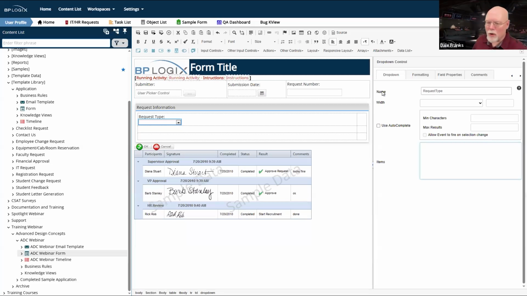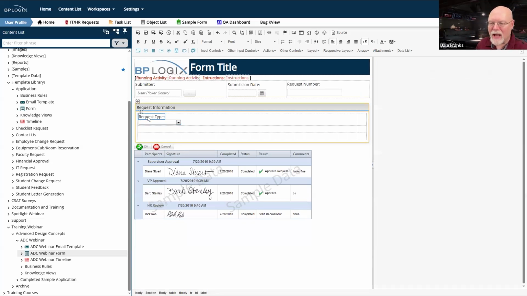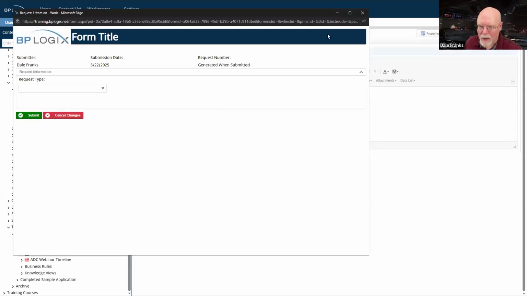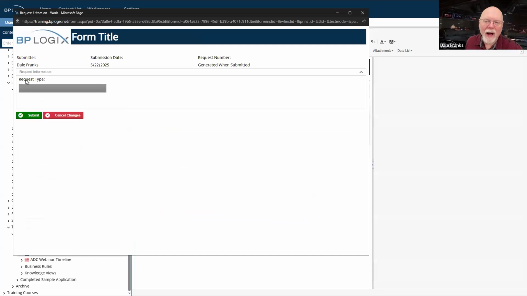Now, because this control is named request type, and because this label is associated with the request type control, I now have an accessible compliant label and control combination. So when it shows up, if I click on request type, it automatically selects the drop-down control, which doesn't have any values in it yet. Well, we'll have to worry about that later.